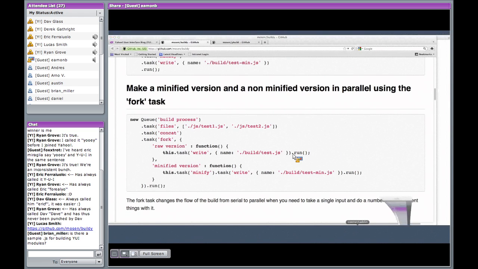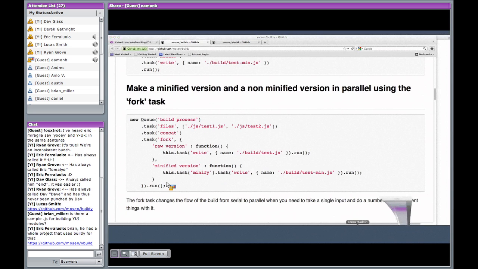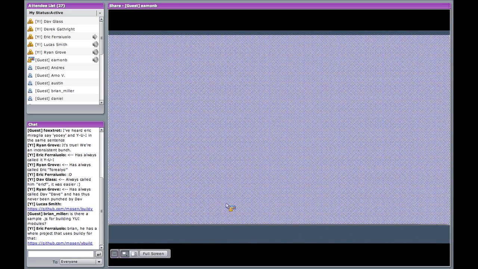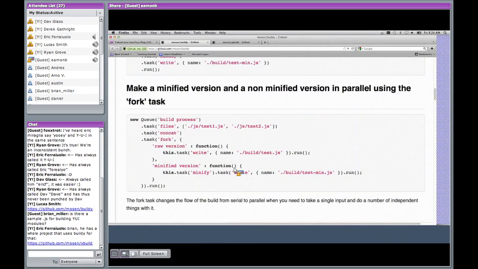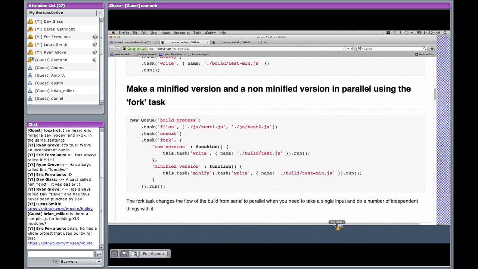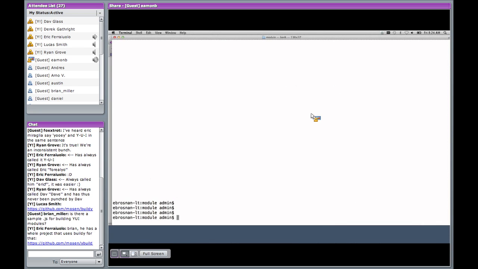So I'm curious to see the source of, say, one of the existing tasks, if we want to dive into the source code for one of the existing tasks, and also where those tasks are added into the queue or made available for queue instances to reference by name, just the specifics of how that's done.